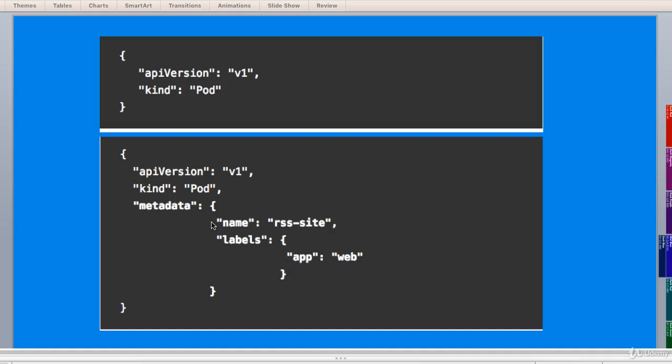It knows that app is a value for labels because it is indented further. Now, one quick point to note is never use tabs in a YAML file. If we have to translate the file to JSON, it will look something like this.